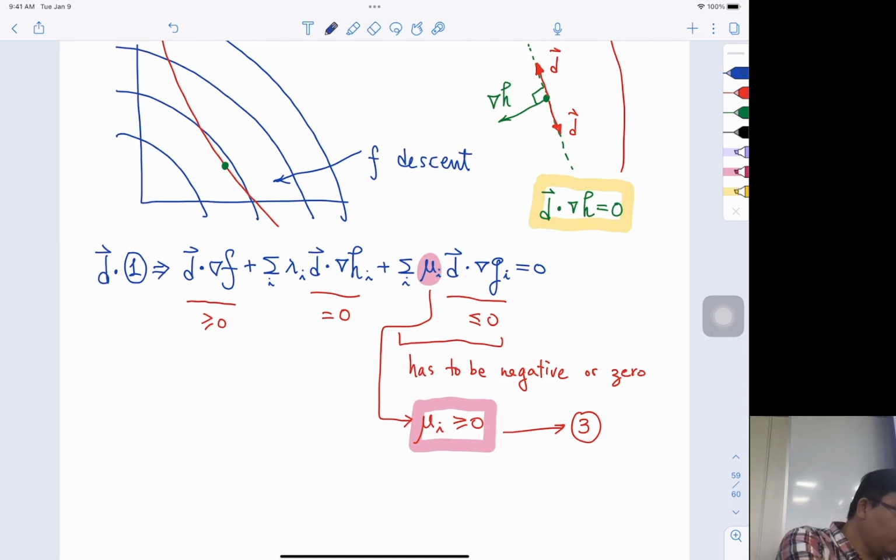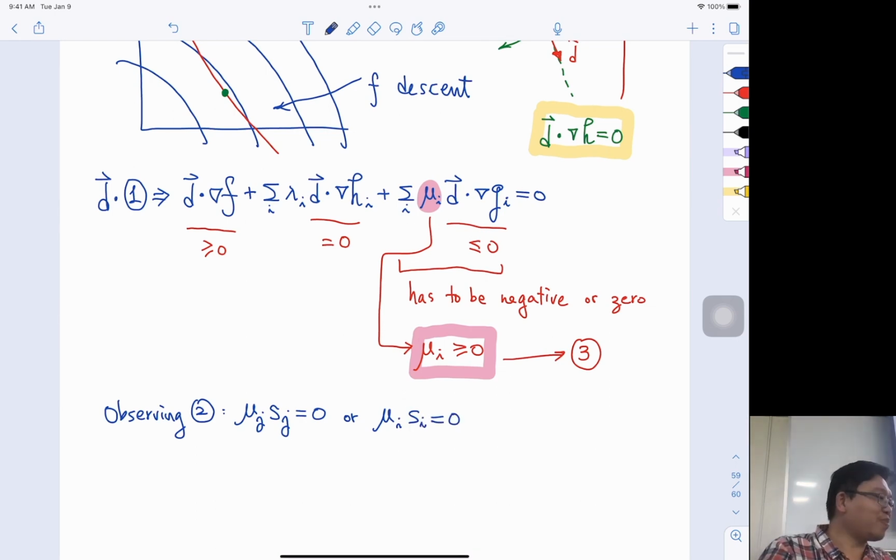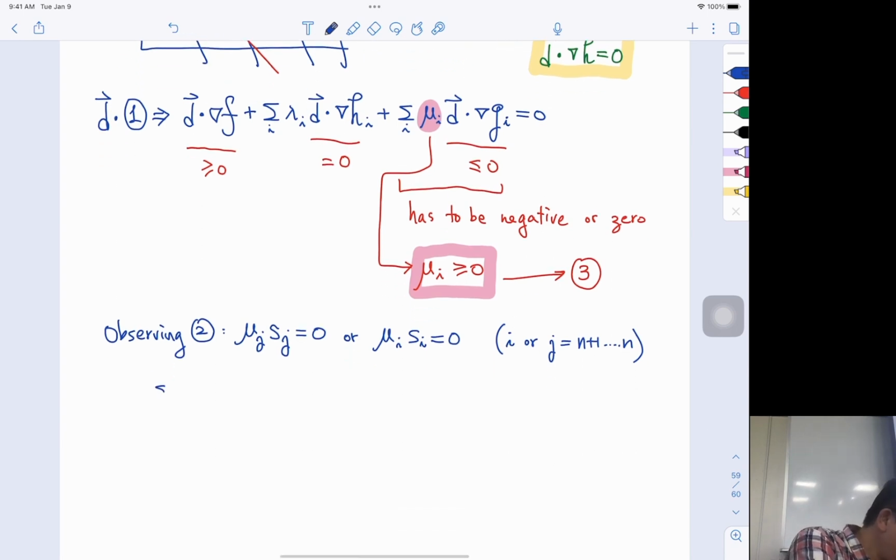Okay. Now we are observing equation 2. Equation 2 was mu j s j equals to 0. Or this time, if you want to say mu I s I equals to 0, they are all the same. Because either you name it S or J, either you name it I or J, they range from n plus 1 to m. They are basically the same function. You're just changing the name of the index. It doesn't matter. So since we know for each gi plus si squared equals to 0,